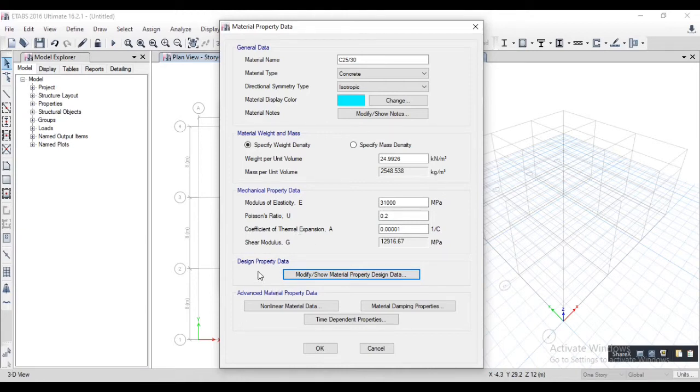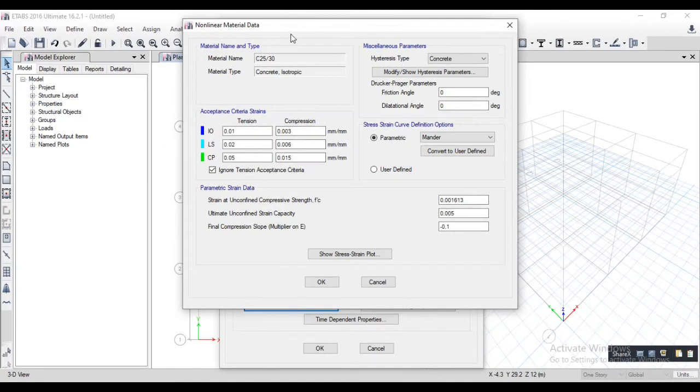After this, we will go for non-linear material data. If you are doing non-linear analysis, we extensively study the behavior of material, frame, and displacement. What exactly do we enter in the non-linear analysis window?